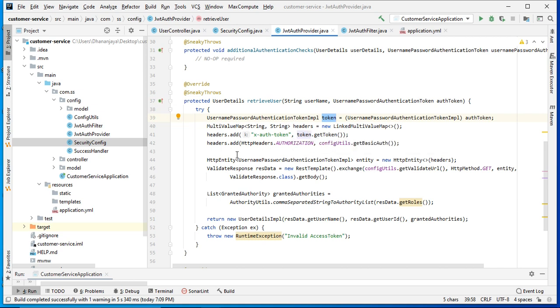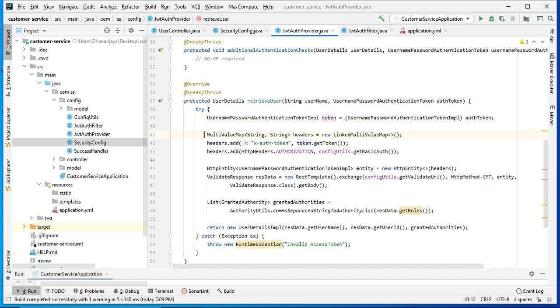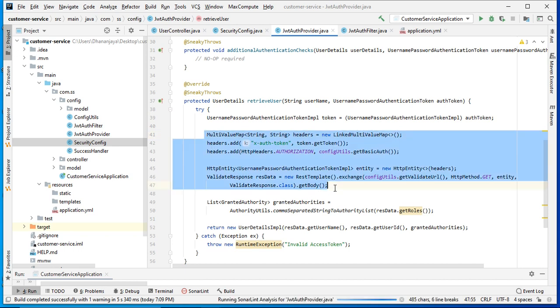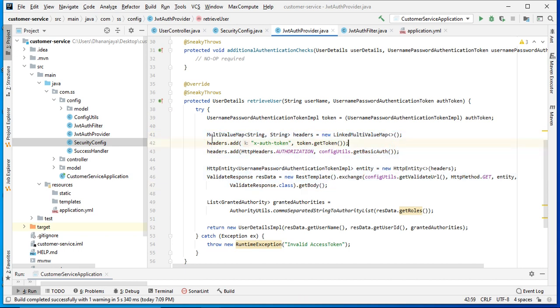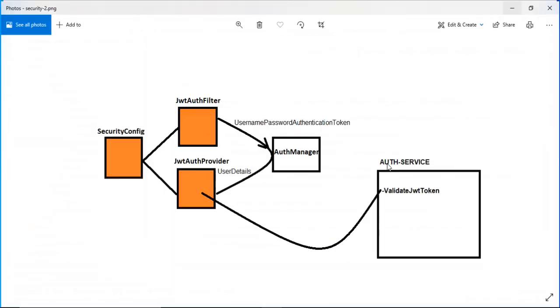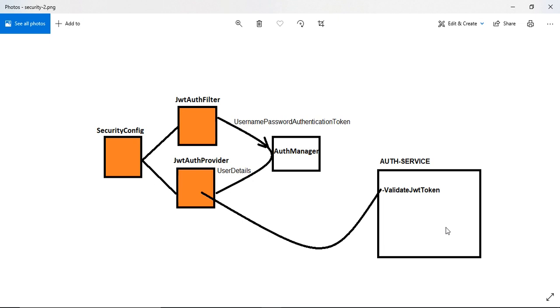So we need to extract the token from that object and pass that to the next call onwards, right? So what I have done here is the RestTemplate-related call. I am creating one header with a MultiValueMap. I am passing the x-auth-token, whatever token we are getting. And if you see here, in this service we have HTTP basic authentication.